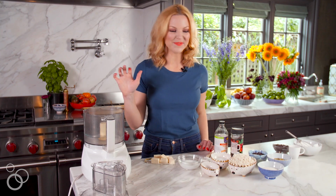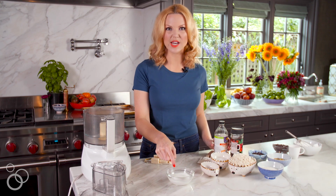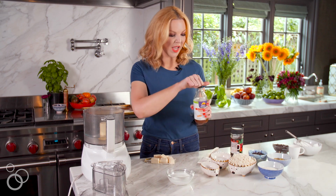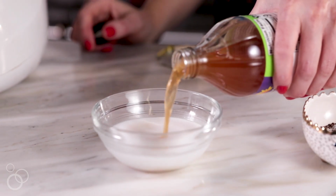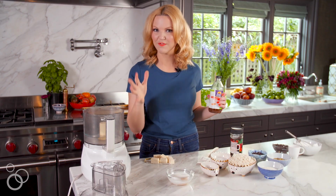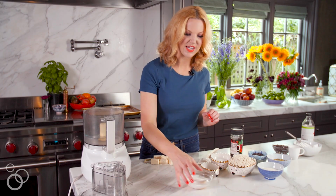Okay, let's get started. First, we're gonna take the coconut milk, and this is just refrigerated coconut milk out of a carton. We're gonna add a little bit of apple cider vinegar. And I know this sounds crazy to be putting in scones, but it's really gonna mimic buttermilk. It's a faux buttermilk technique. So this will kind of curdle as it sits here, and we're gonna let it marinate while we do all